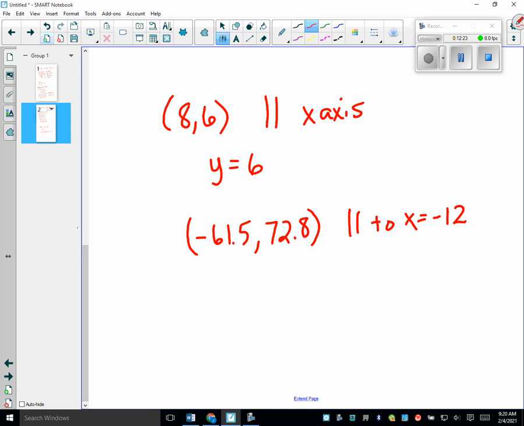Parallel to x equals -12. So it's just x equals -61.5. X equals -61.5. Does that make sense? So I have to put it in like. You cannot